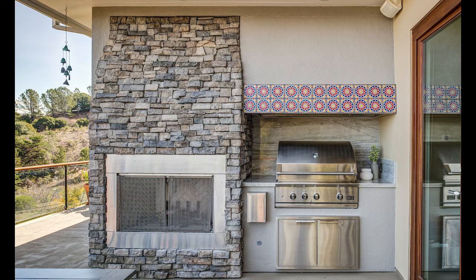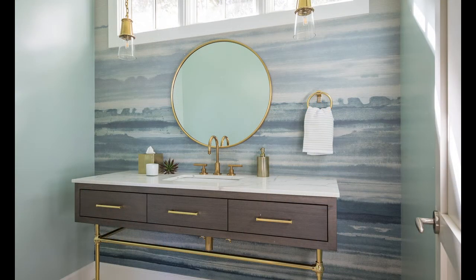Notice the tiles. This is why you hire designers. Michelle sourced these tiles. I think they really kind of pop for this area. Same countertop material as outside as inside. Very convenient. Now, this whole job started because years ago we did the powder room for the client, and again